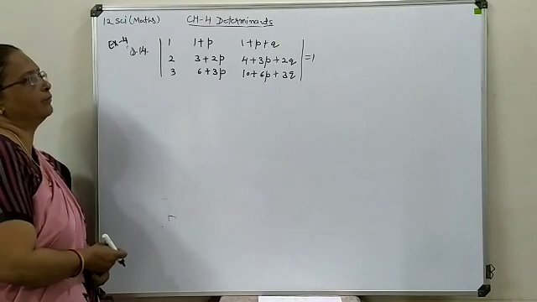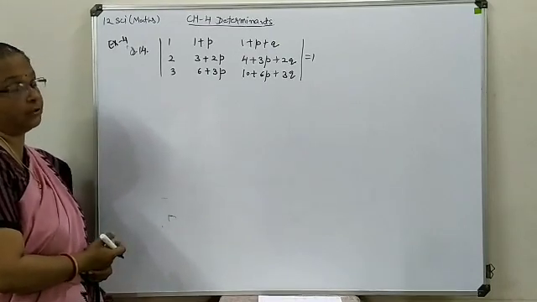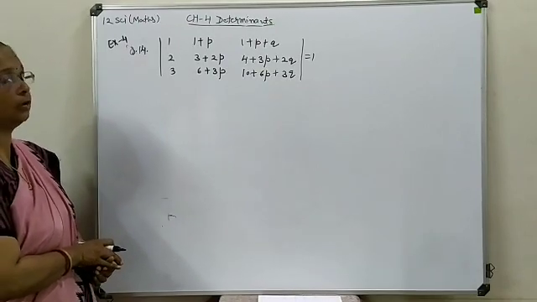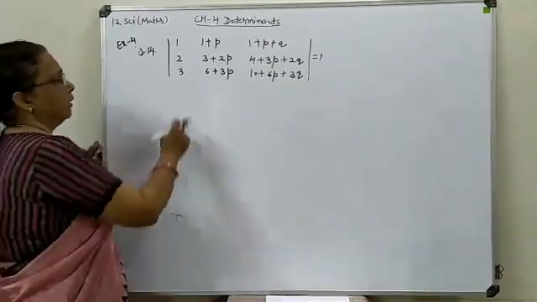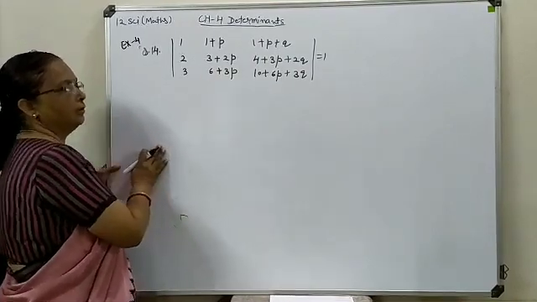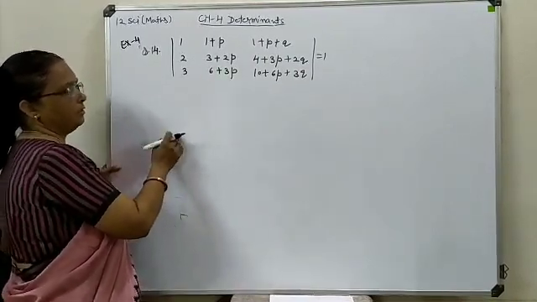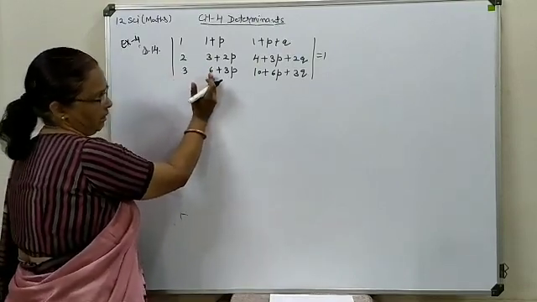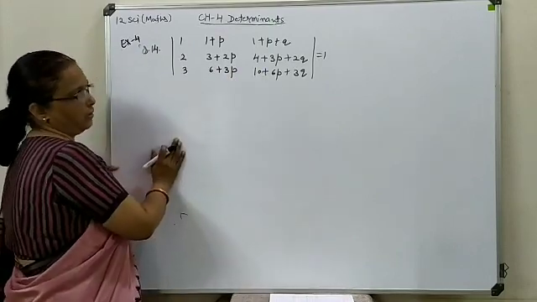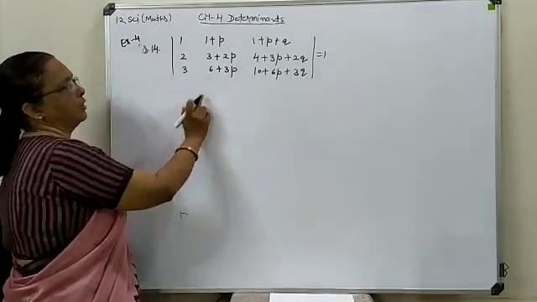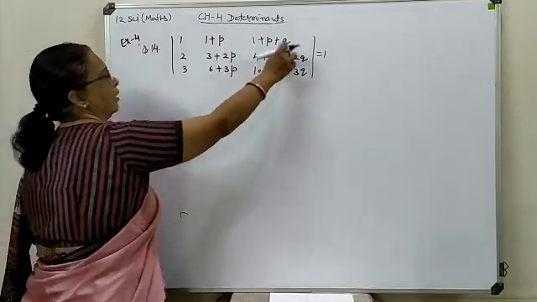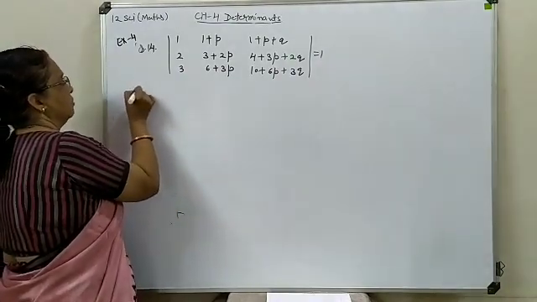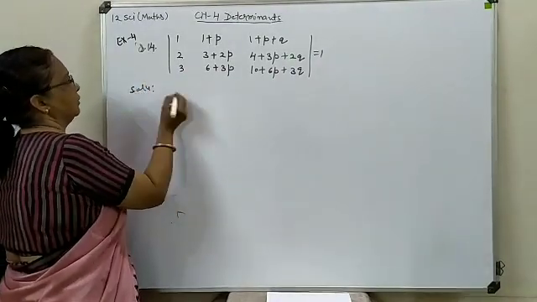Now here in question number 14 also we are having somewhat a different combination. One illustration is also available with the same category. So try to understand how to solve it. Here the whole determinant you have to turn into one value. Look at the combinations in which the first column contains one term only, the second contains two, and the third contains three terms. If you look at the respective coefficients of P and Q at second and third position, you will find the constants are same. So let's try to make it quite easy to handle the situation.